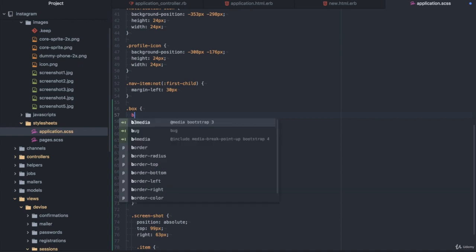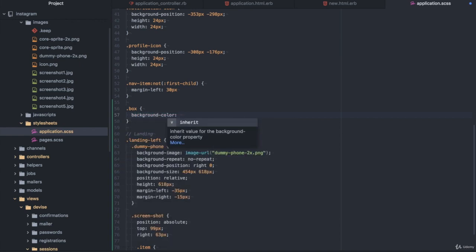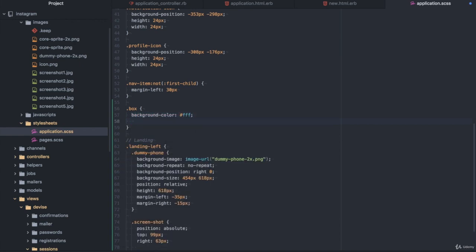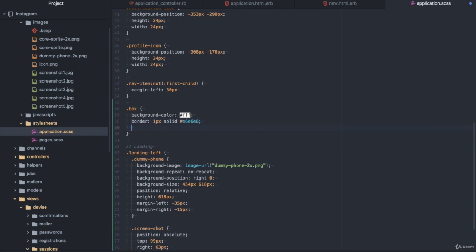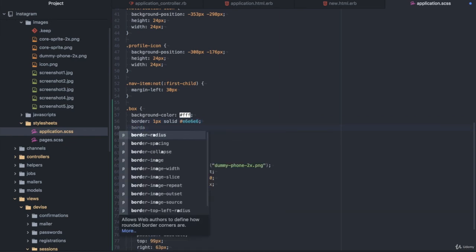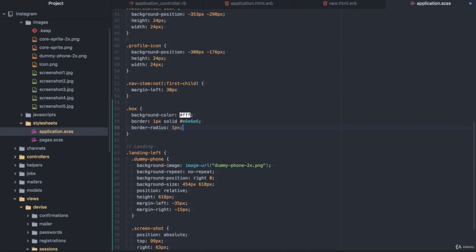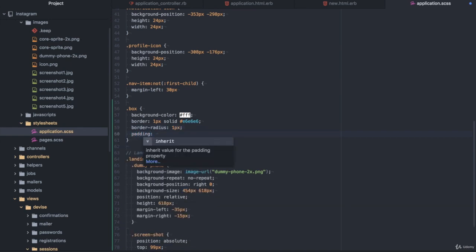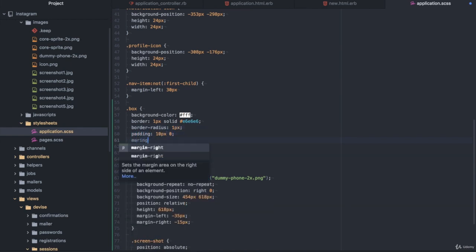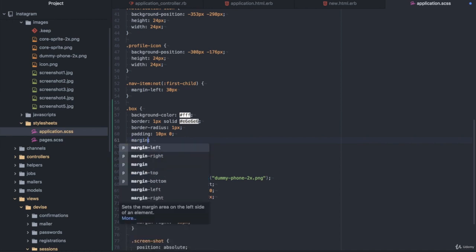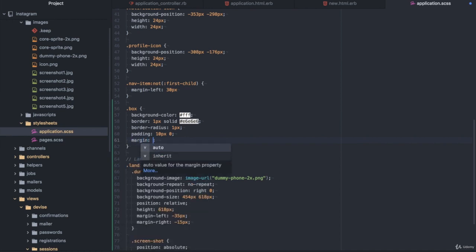Box, background color FFF, and border 1px solid e6e6e6, and border radius is 1 pixel, padding 10 pixel 0, margin, sorry, margin. This should be 0 0 10 pixel,